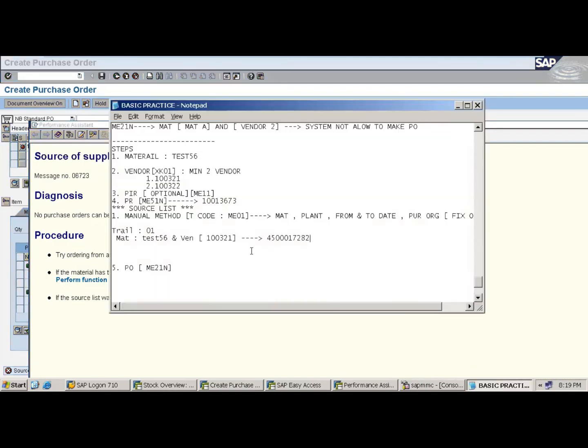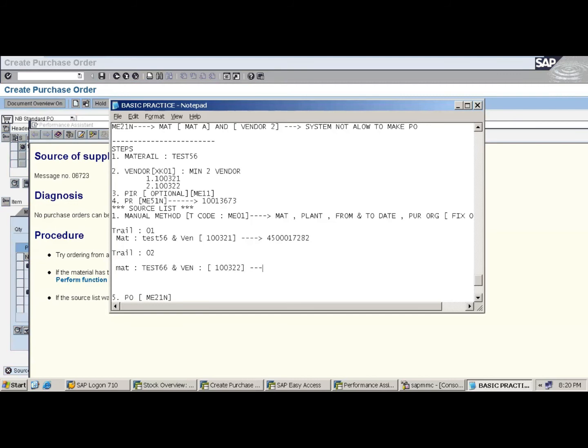So trial 2 I have done. I just take the combination of material S66 and vendor 1000322.